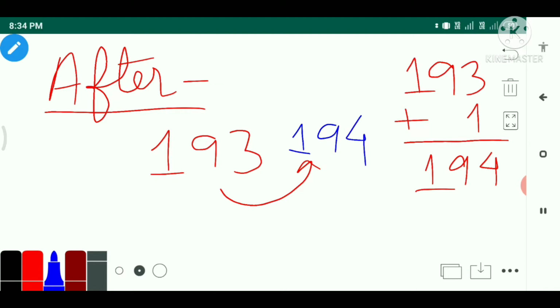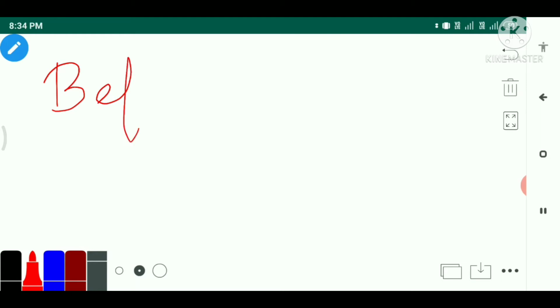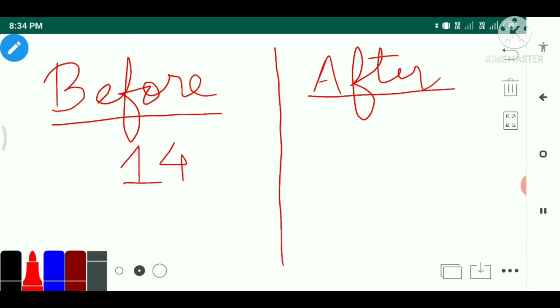Okay, or another way we can find the before number and the after number. Suppose 141 is there. Okay, 142 is there. Now what will stand before 142?